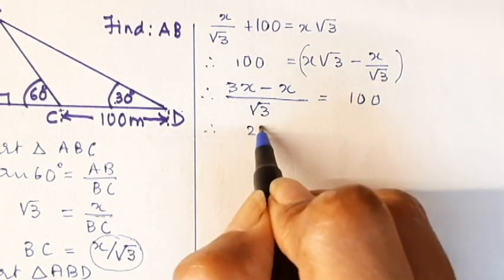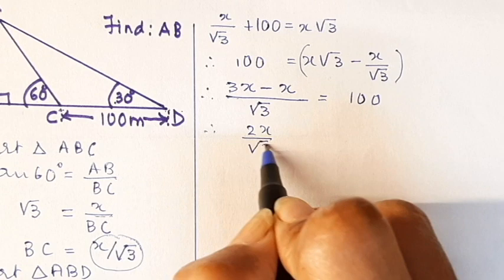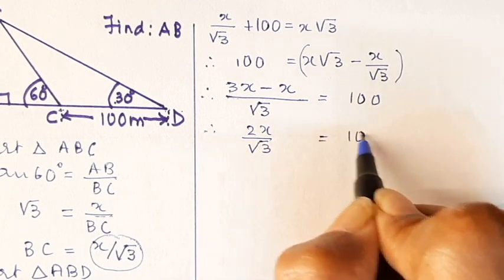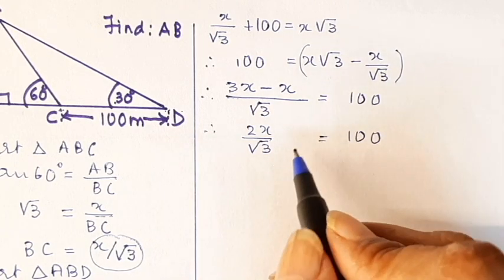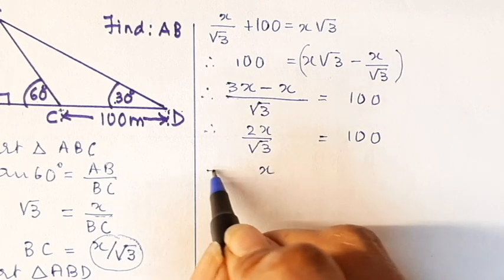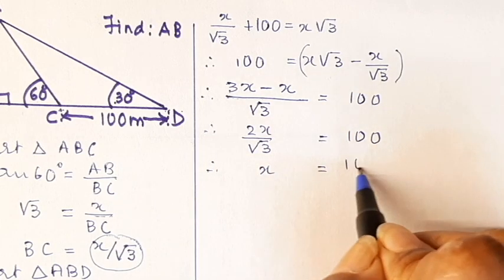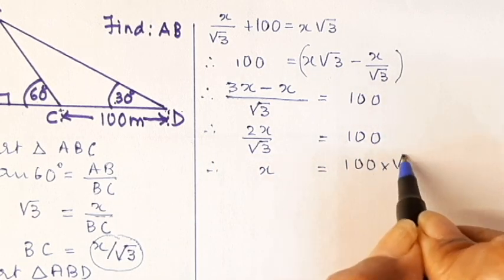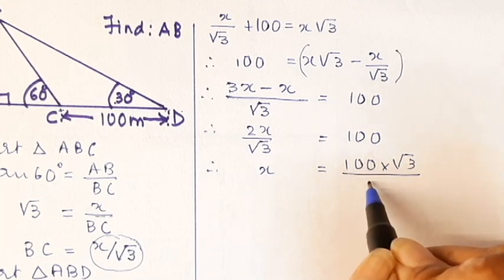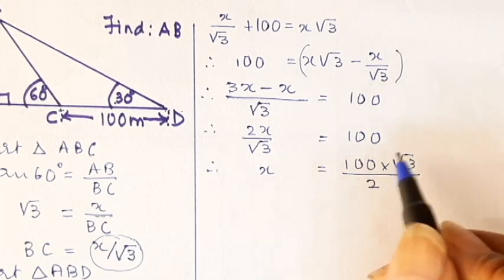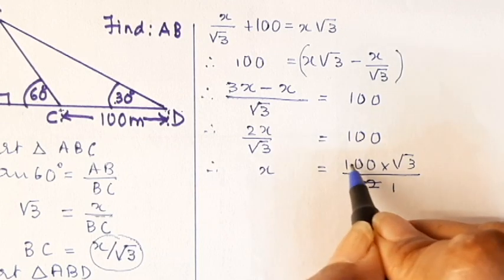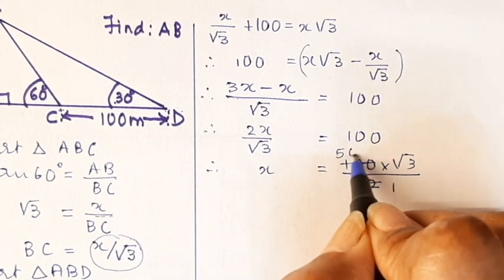So we will have 2X upon root 3 is equal to 100. That will give us X equal to 100 into root 3 upon 2. And that will give us cancellation with 2,